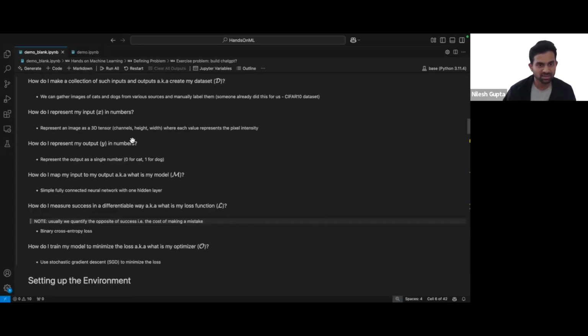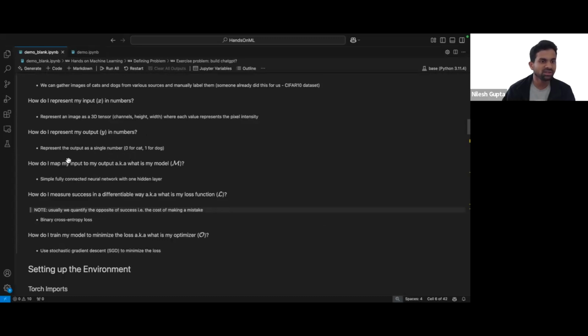And I say 3D tensor because an image is typically represented by its height and width, and there are 3 channels for RGB. So that's how we can potentially represent an image, and that itself gives us a tensor of numbers,